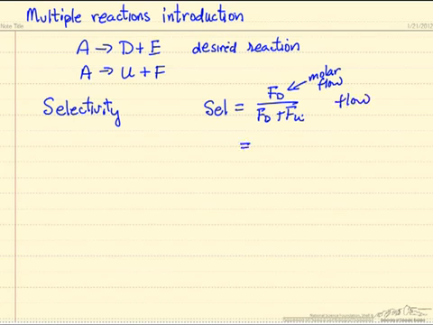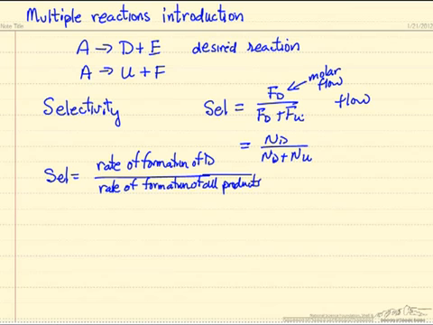If we were looking at a batch reactor, we might look at the final number of moles of D in the reactor over the number of moles of D plus U, where this is just total moles. So in general, we might think of selectivity as the rate of formation of our desired product, D, over the rate of formation of all products. We may have 3, 4, 5, and more reactions taking place simultaneously. So selectivity often becomes more important than rate of reaction,